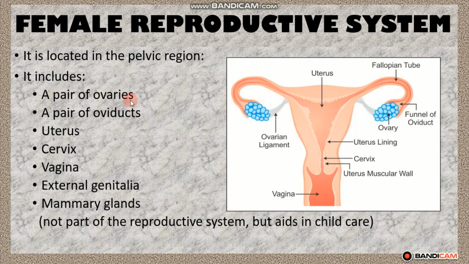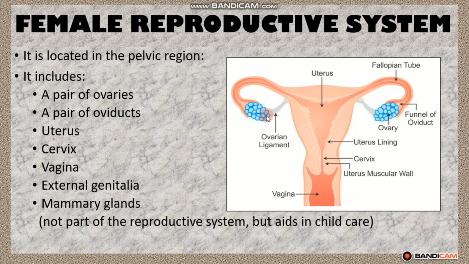So a pair of ovaries, so see, this is the ovary. Let's discuss their structure and function. What is the role of this in the female reproductive system? The ovary is the main reproductive part, and the other parts are accessory parts and accessory glands. So let's discuss the ovaries in detail.